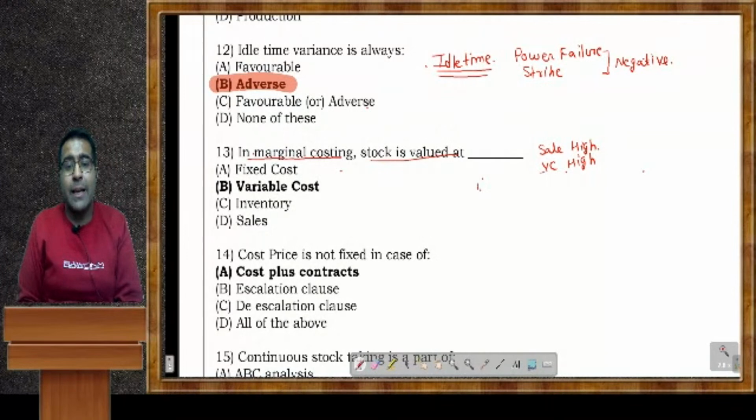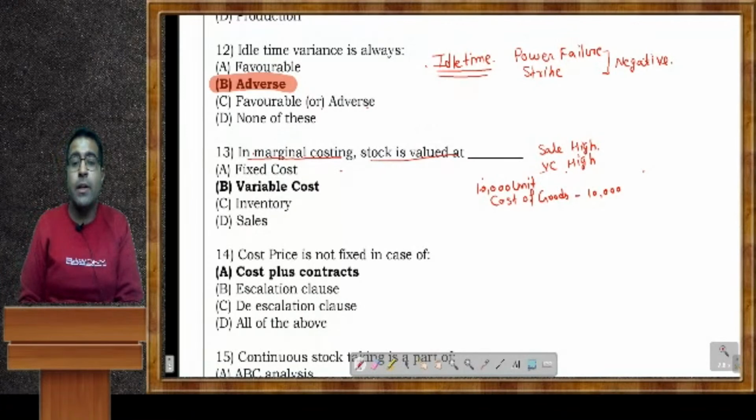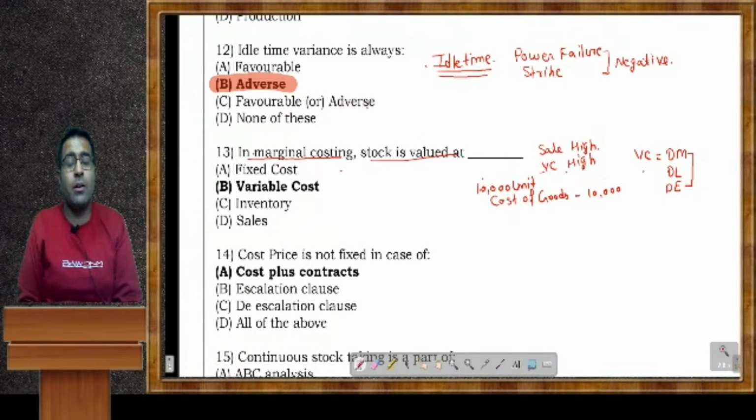If we are selling 10,000 units, then the cost of goods of 10,000 units, because in variable cost we include direct material, direct labor and direct expenses. So in marginal costing, stock is always valued at variable cost. Okay, next,